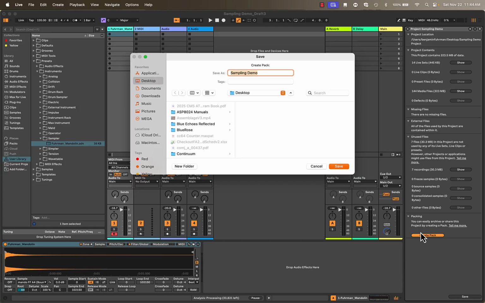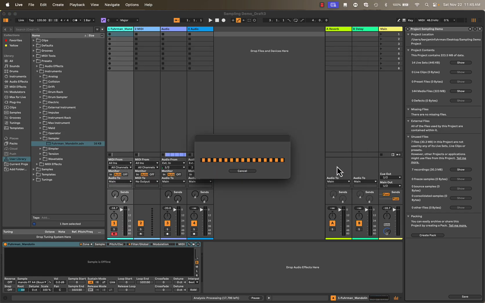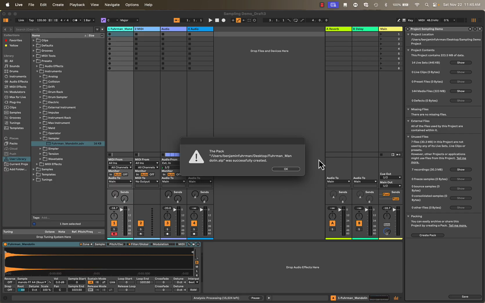And then I'm going to go to my desktop on my Mac, so that's Command-Shift-D. I'm going to give it a name, and it should be the name of your instrument. And then I'm going to hit Save. And this is going to take everything in my folder, all of the audio files, all of the consolidated, all of the cropped, everything, and it's going to create an ALP file. That ALP file can then be shared with other users